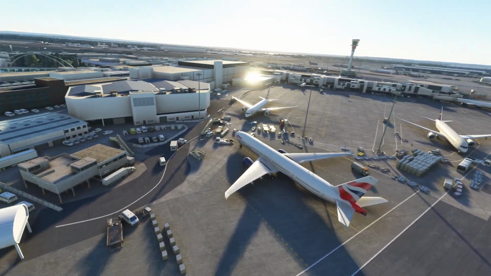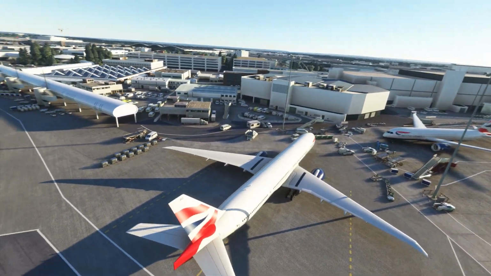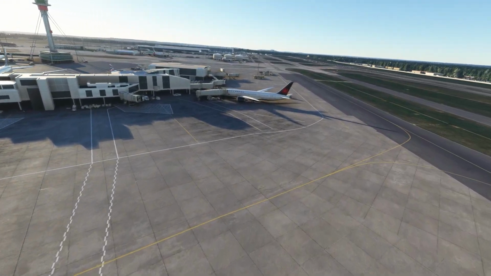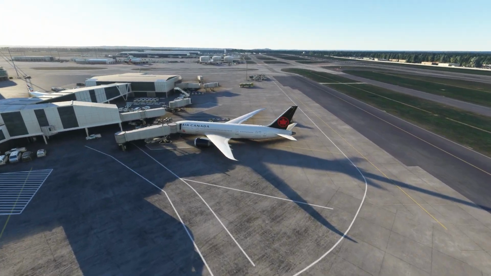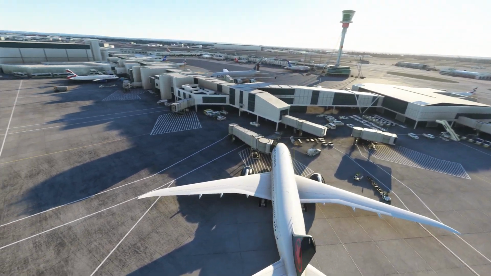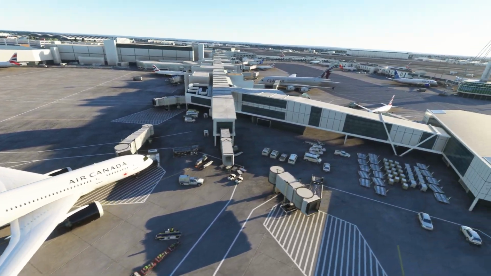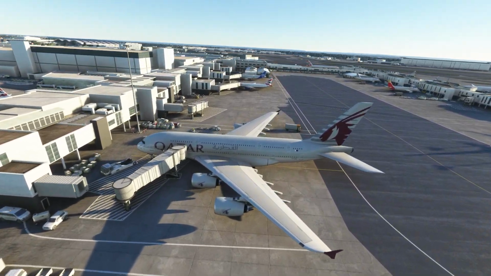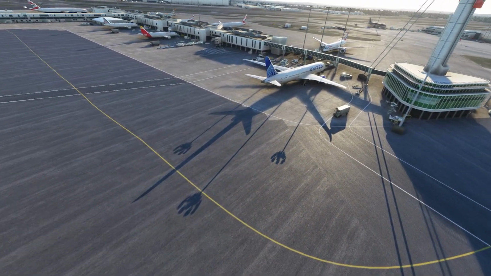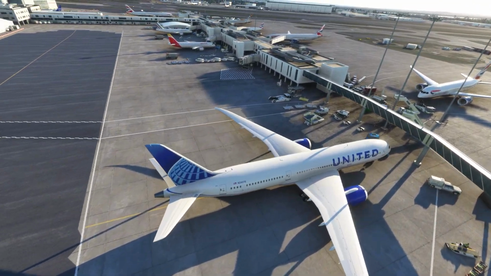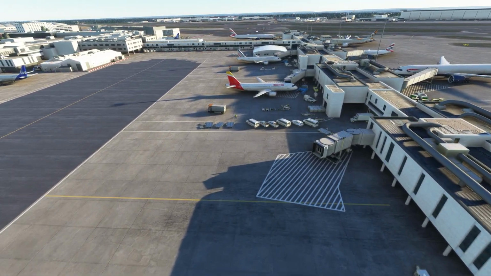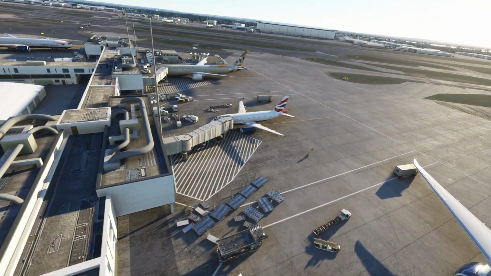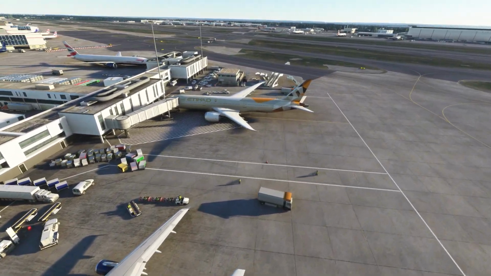So the way this works is that there's a little third-party program that opens outside of Flight Sim, and you can program flight plans into it. Now it already comes filled with all sorts of different flight plans as default, so don't think you have to set these up manually. You don't, but you can add to them as required. So if there's anything that you particularly want to see represented that isn't in the default setup, you can do that using the little third-party program that comes with it,